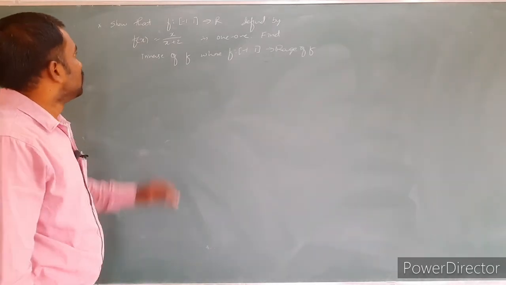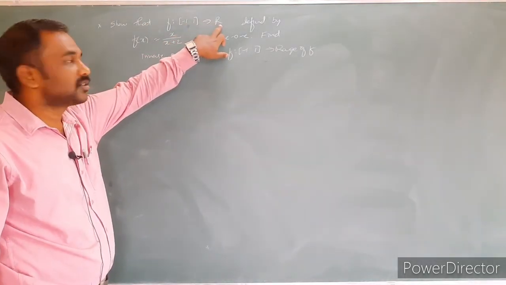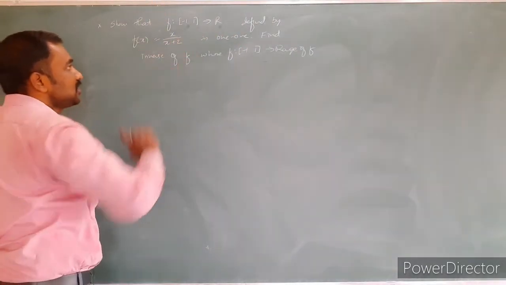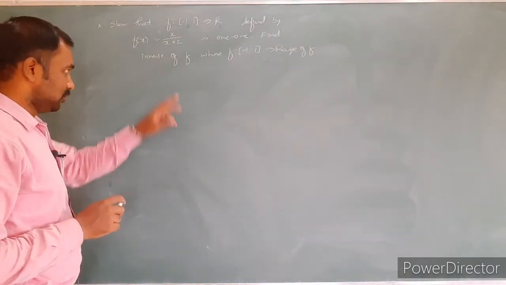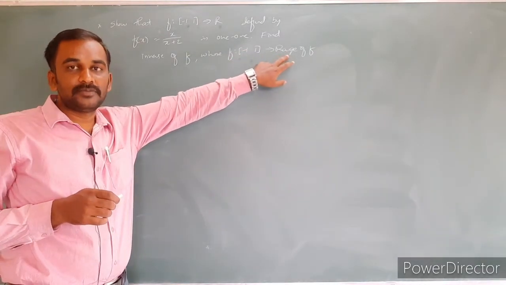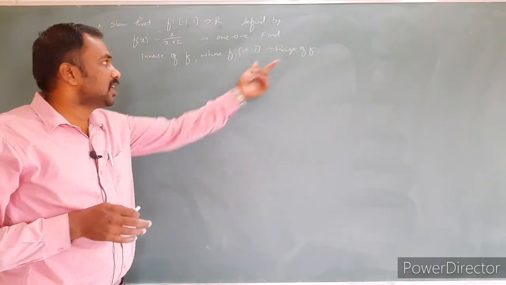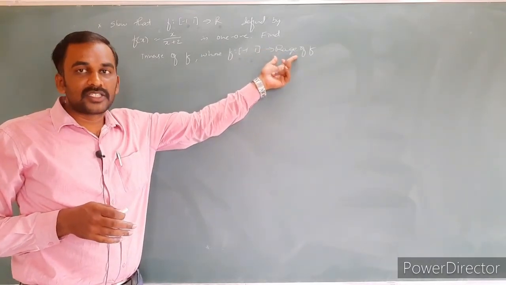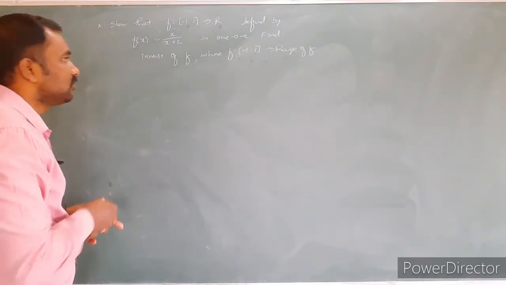Okay. f is defined from the domain set, the closed interval minus 1 comma 1, to the codomain set R, defined by f of x is equal to x by x plus 2. This function is 1-1, and we need to prove it. After that we need to find the inverse of the function. When do we need to find the inverse? Whenever the domain is minus 1 to 1 and, instead of giving the codomain, they directly give the range. Why do they give the range directly? Because it should satisfy onto. If the range is given directly, then obviously it is 1-1 and onto. Onto means there exists an inverse.